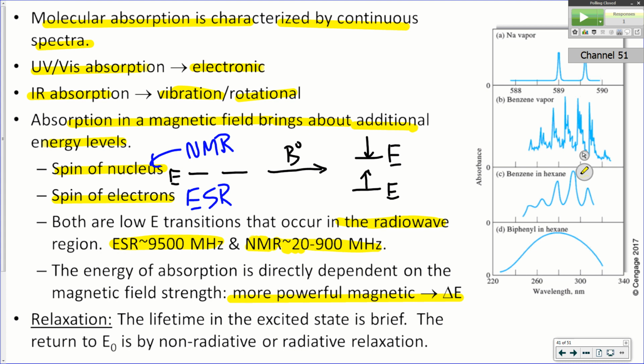Now, once something's been excited, it goes back down to the ground state fairly frequently. Most of the time it goes by the non-radiative path like we looked at. Sometimes it emits light off. If it emits light off, that becomes another way that we can study the sample. So we can look at the absorbance, the capture or the excitation event, excitation and absorbance meaning the same thing, or we can look at the emission event that occurs.